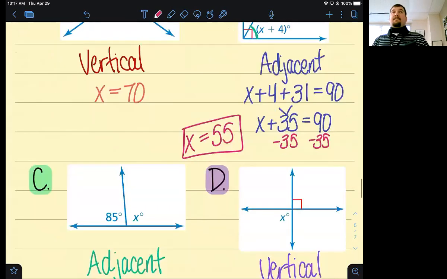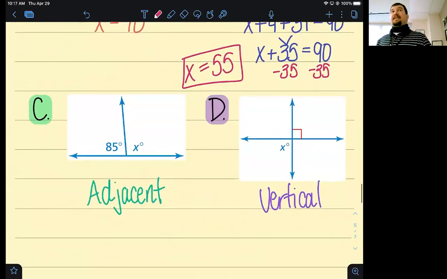All right. Example C, yesterday you guys said these were adjacent angles. And again, that doesn't mean anything special other than they're just next to each other. But what kind of angle do these two adjacent angles form if you combine that angle with this one? What does that make, Chauncey? A straight angle, yes. And Chauncey, how many degrees is a straight angle? 180. So we know that the 85-degree angle plus the X degree angle, which we're not sure of, both together form this straight